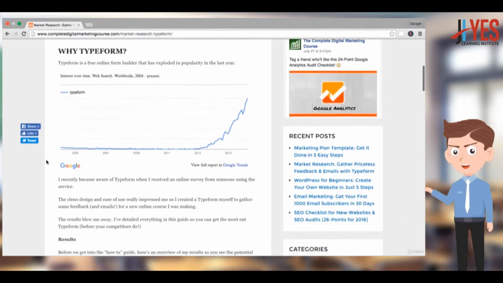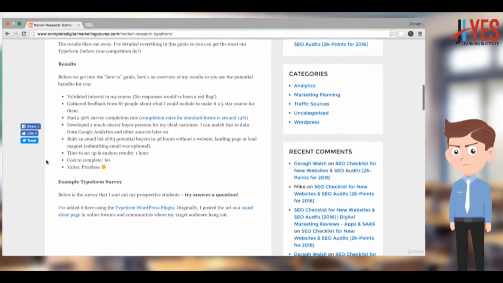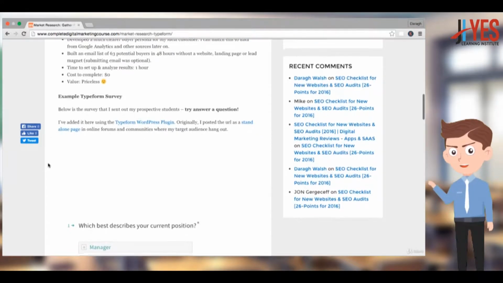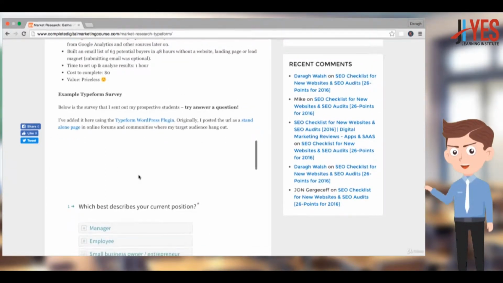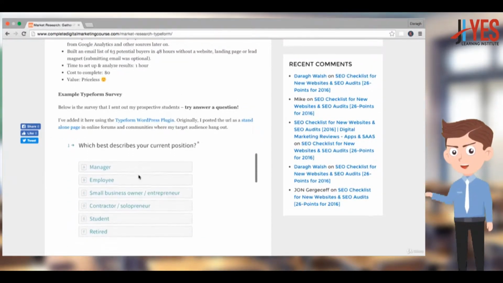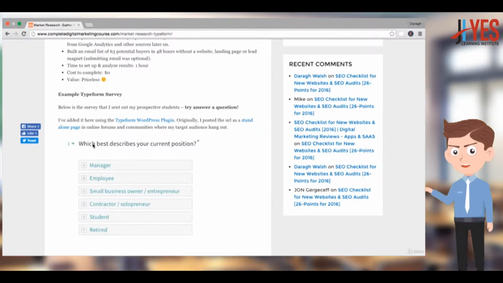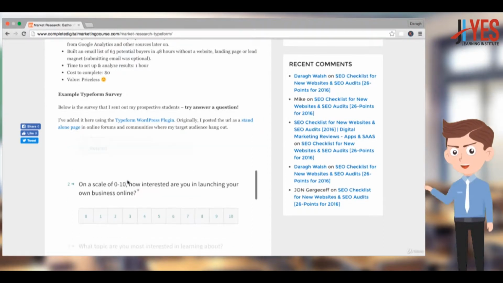I think the best thing to show you here straight away is just an example Typeform survey. I've left it in the blog post here, and you can see that this is really the survey that I sent out to my audience to really get a better understanding of who they are and what their needs were. So simply I asked, gave a couple of options, they click that, and then it moves on and shows them